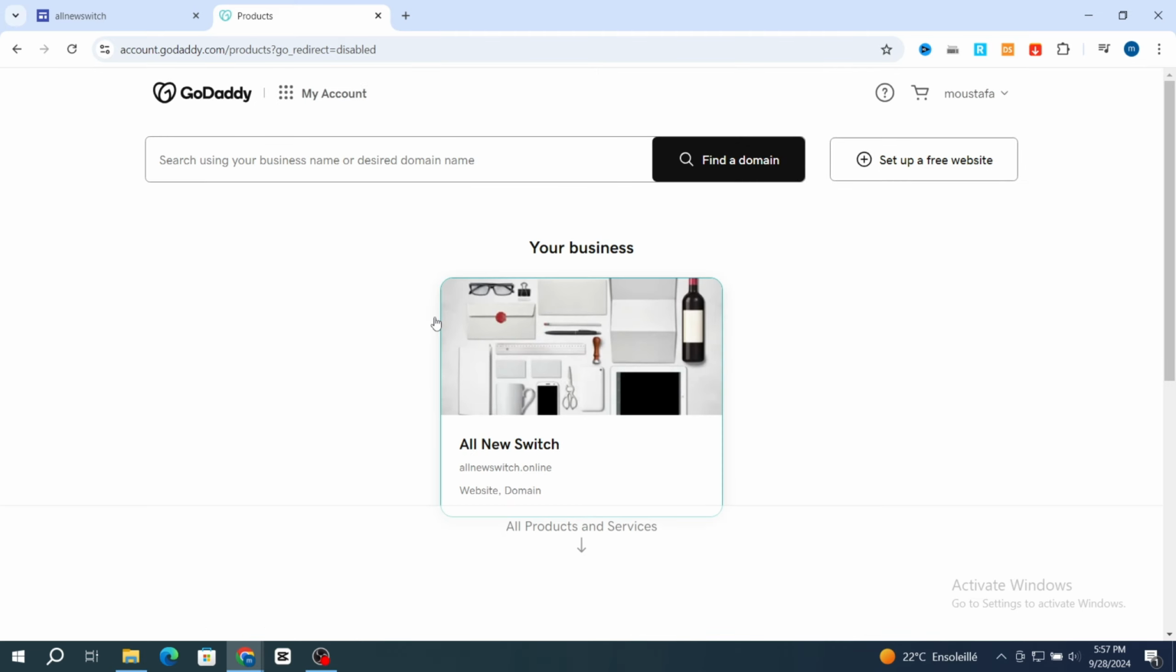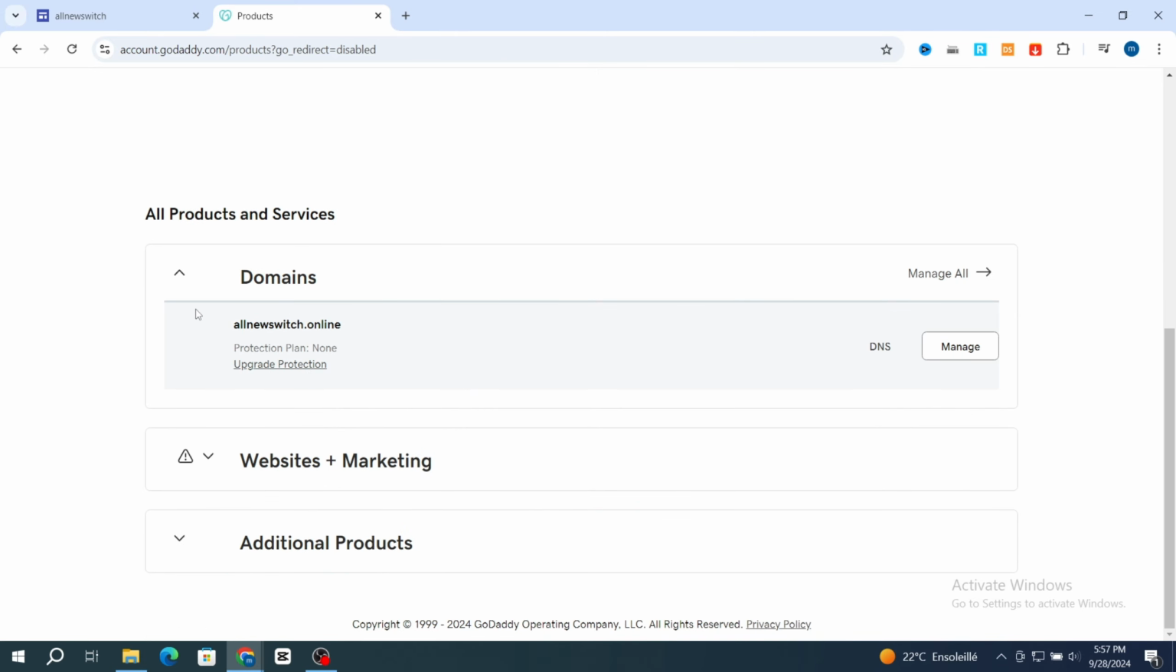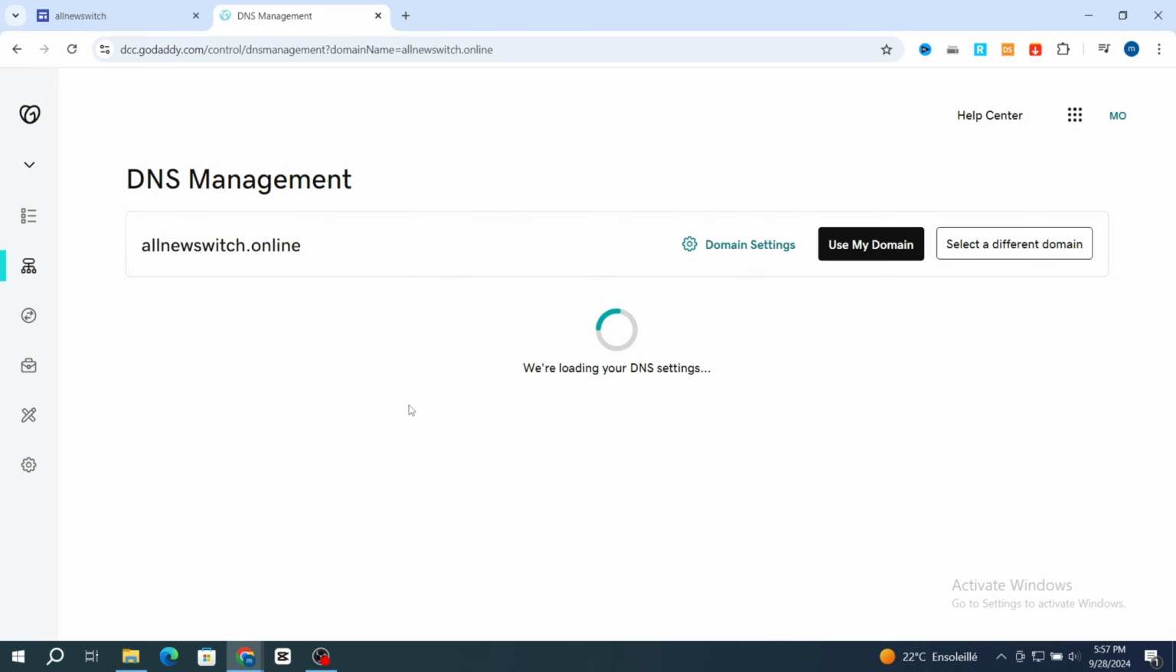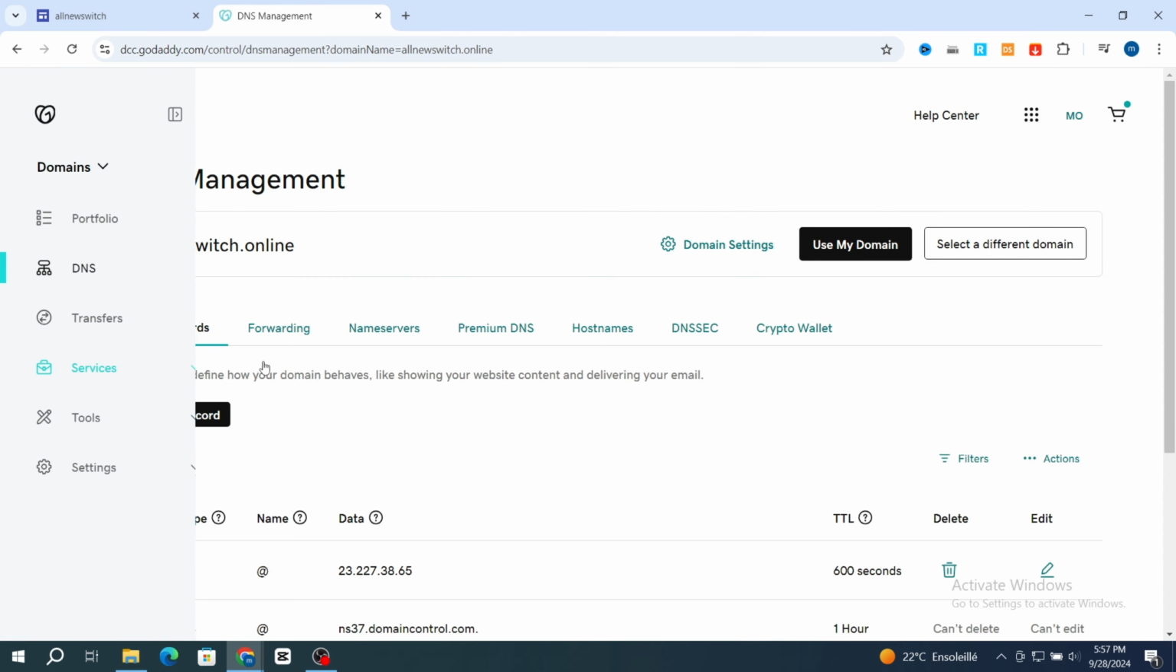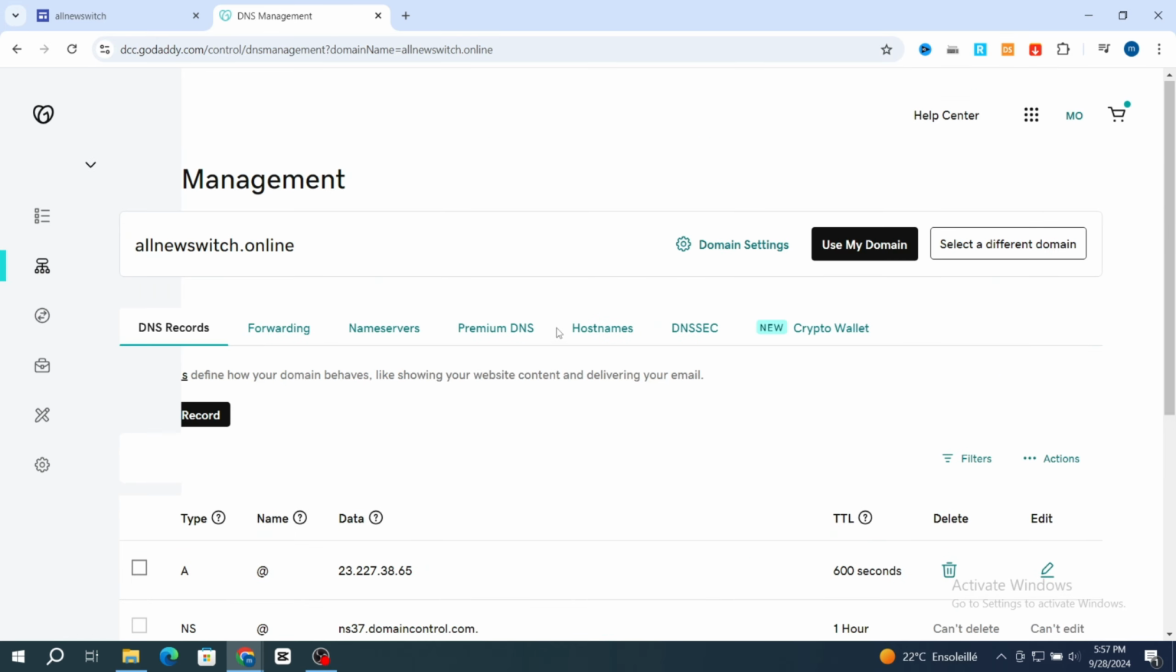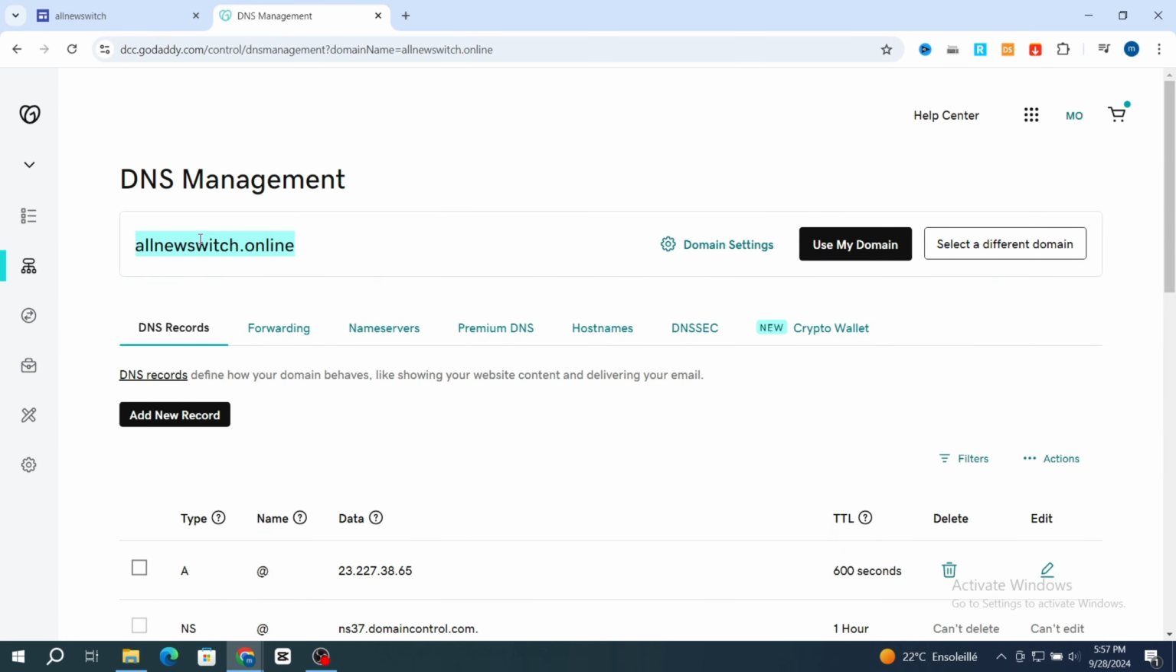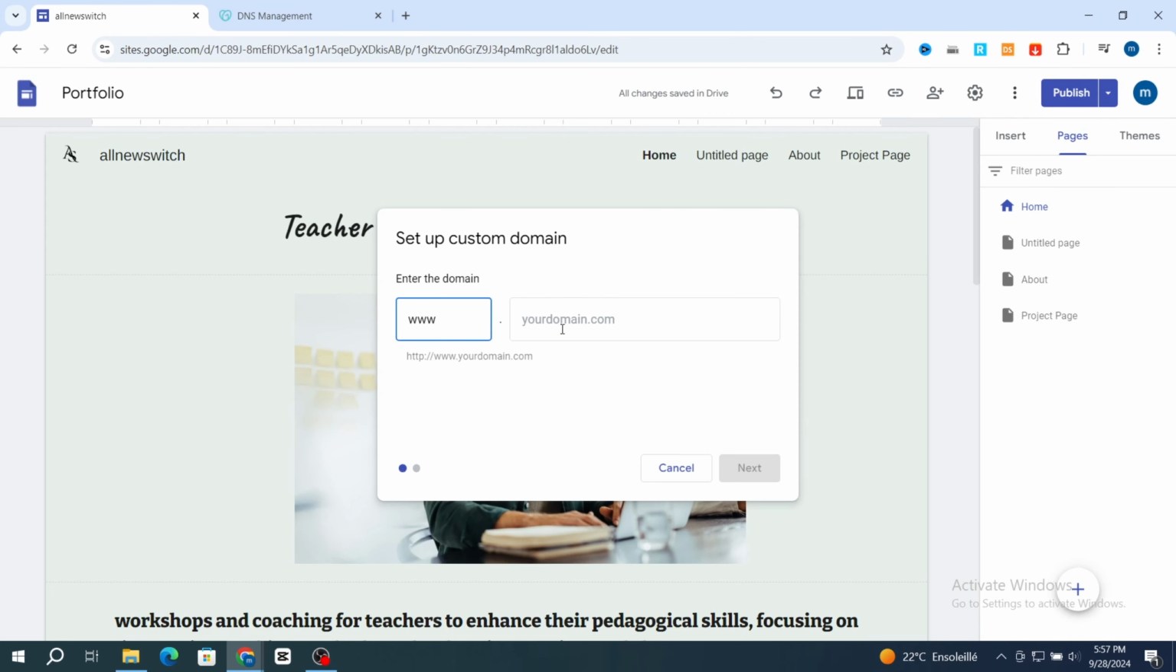Then guys, this is my products section on GoDaddy. Then first guys, hit on DNS. Then guys, go directly to copy your domain name first and go back and paste it on the custom domain section, then paste it. Then guys, before starting you need to verify your GoDaddy domain on Google Search Console, then hit